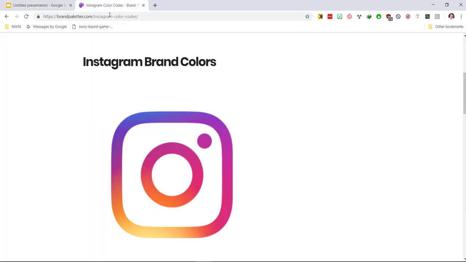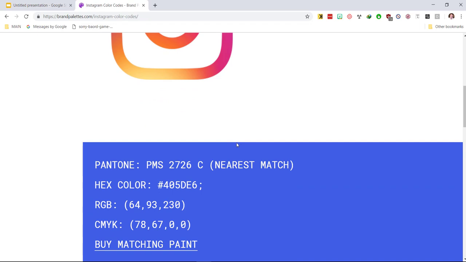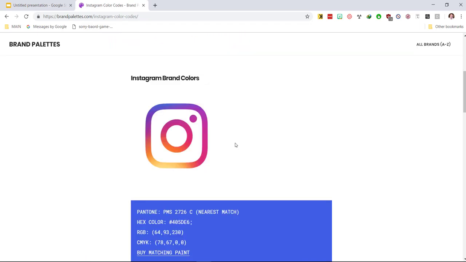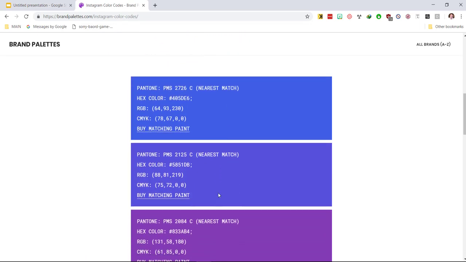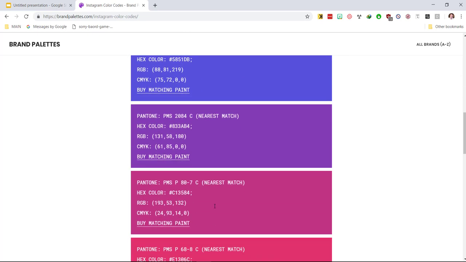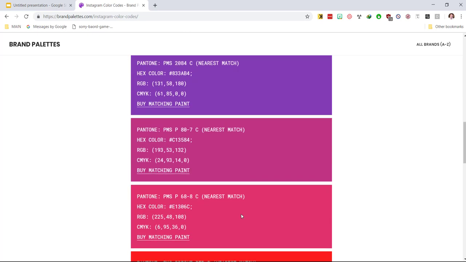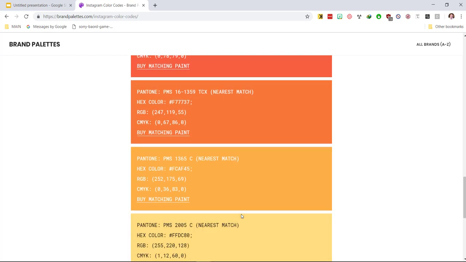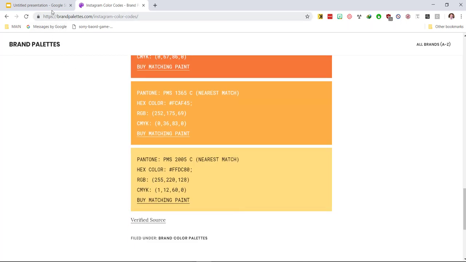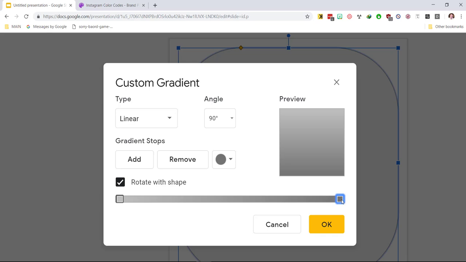So let's go back to our brand palettes and let's count the amount of colors that we have. We have 1, 2, 3, 4, 5, 6, 7, 8, 9, 10. We have 10 colors we need altogether, and we're starting off with 2 now. So if we have 2 squares, we can add a color here in the form of this little circle in the middle. That gives us 3, 4, 5, 6,